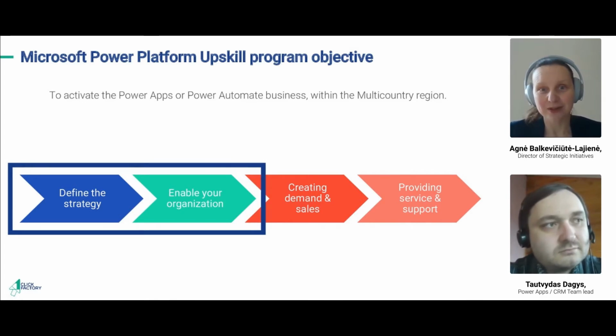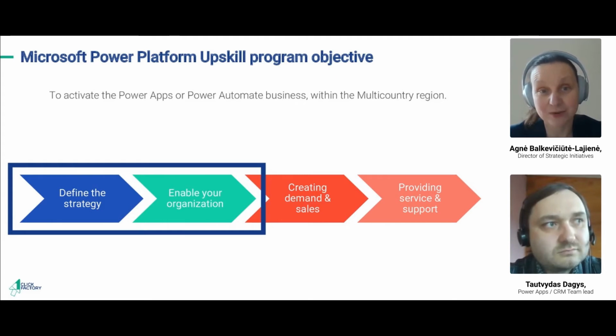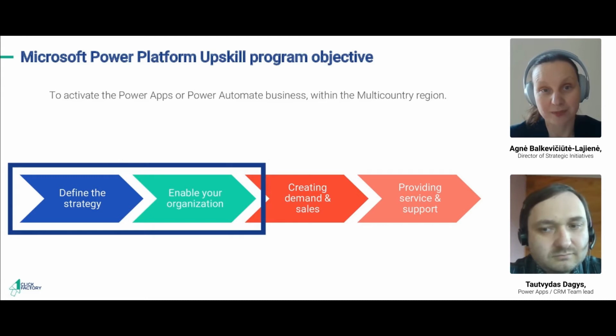And when we are thinking about success, we define that there are several steps that we need to take to be successful in the future. So first of all, we of course need to define the strategy towards that success. Later on, we have to enable our organization to make sure that we'll be able to execute the strategy that we foresee. Then we are usually generating demand and sales and providing services and supporting our customers. The objective of this program is to help define the strategy and enable your organization within the Power Apps and Power Automate area